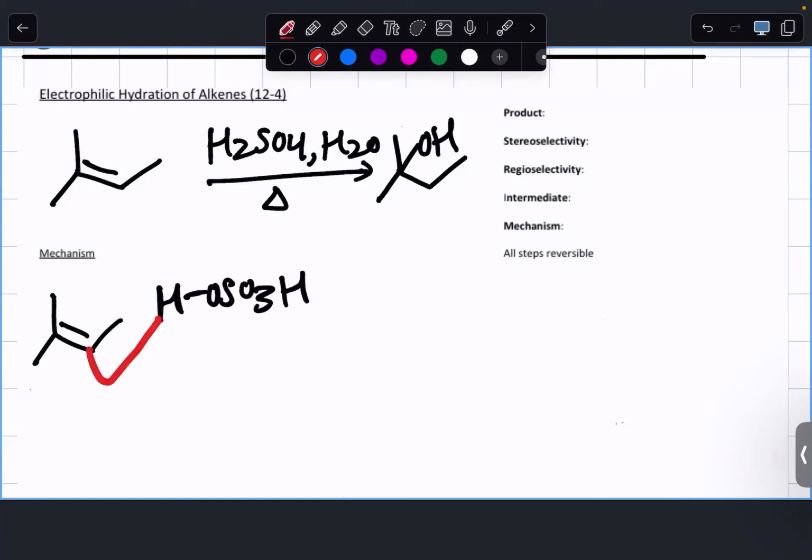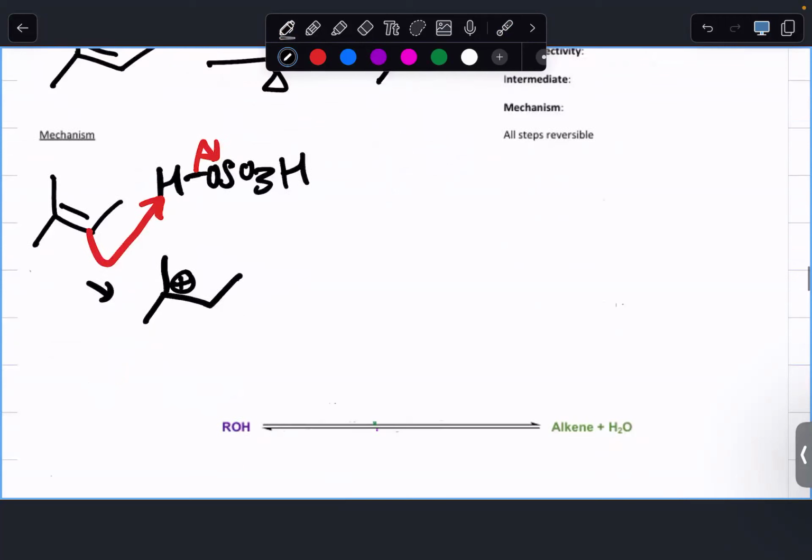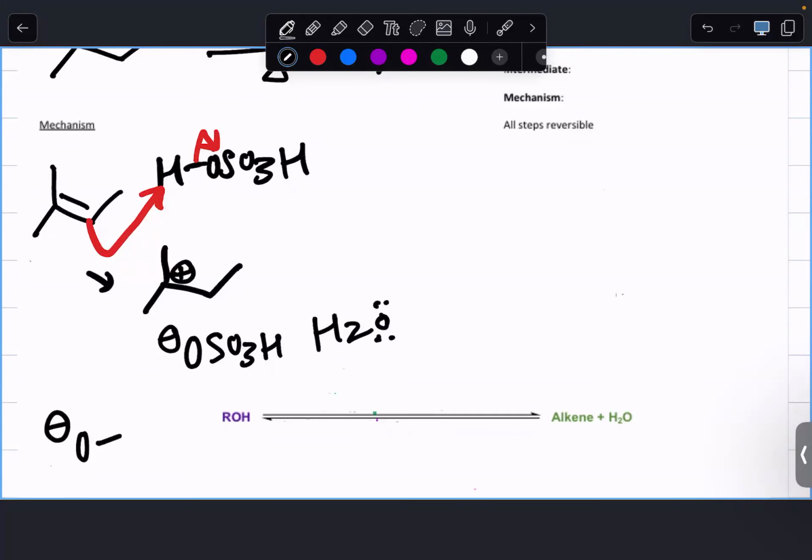We could use that carbon to grab that hydrogen, kick out the conjugate base, and form the most stable carbocation there. In this case, there's no rearrangement to worry about. Now, let's see which one is going to be our nucleophile. Some people might think that this is going to be the nucleophile because it has a full negative charge and attack that carbocation, right? But this here would not be the nucleophile because that negative charge on the oxygen is